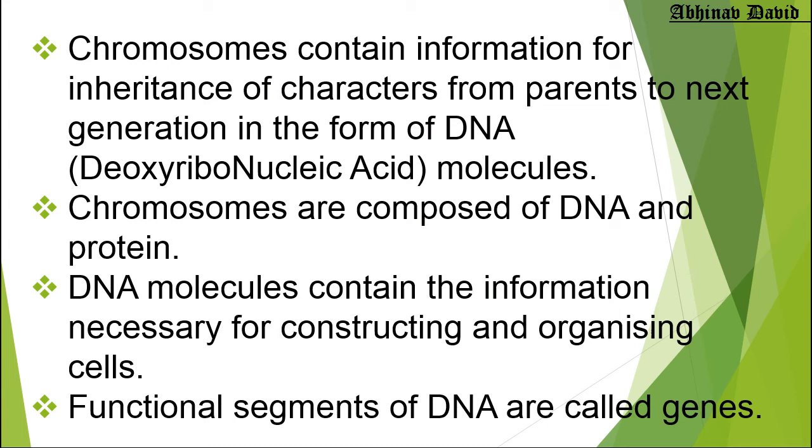Only certain parts of the DNA contain the information. Like for example, if you have a shirt, in the shirt you have a pocket where you store things. You don't store things everywhere in the shirt. Or you have a pant, you store things in the pockets. So pockets are the storage places of the pants or the shirt. Like that, DNA has a storage place, and that storage place, or the pocket of the DNA, can be called a gene. So a gene is a functional segment of the DNA which stores information, and that information can be passed from one generation to another generation through the chromosomes.